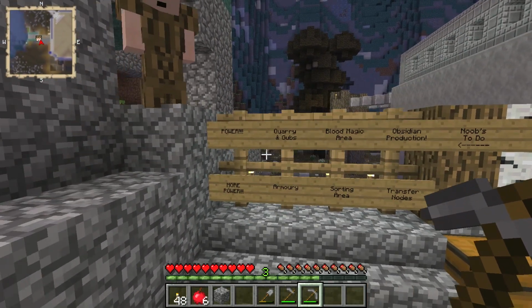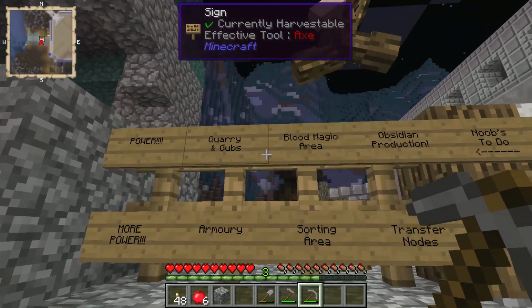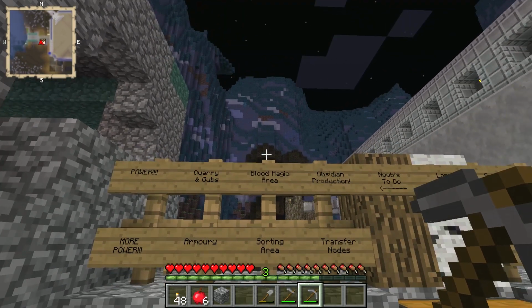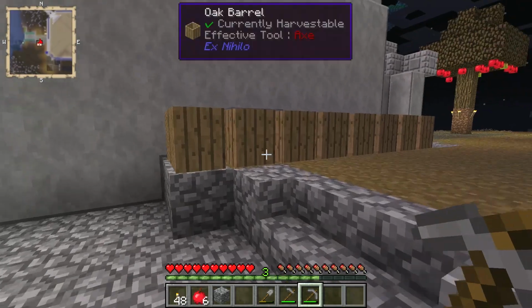What is this? So what's on your... Well, see, I also see somewhere along your list is quarries and gubs. What are gubs? Well, with a quarry, when you set up a quarry, say this cobblestone platform that we're on for the...